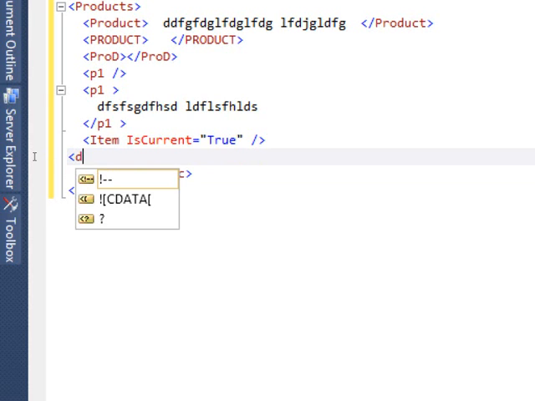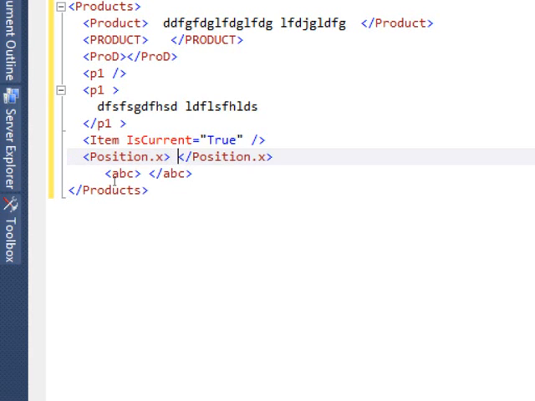Again, what is not allowed in the tag? Position dot x. Okay, I put the dot here. Is this a valid one? Remember, that is valid. One more question can come. Dot is valid, it is not an invalid character.